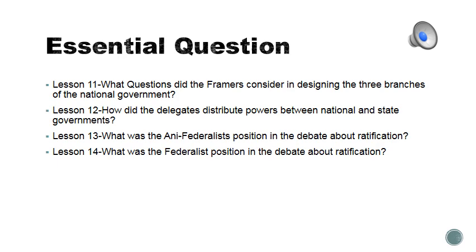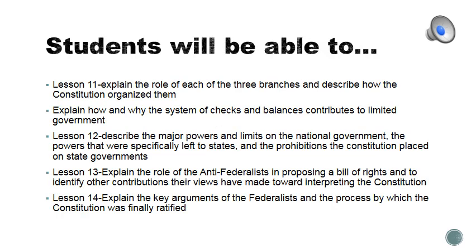If they really understood Hamilton, they like Hamilton because they think it was for big government and central government and